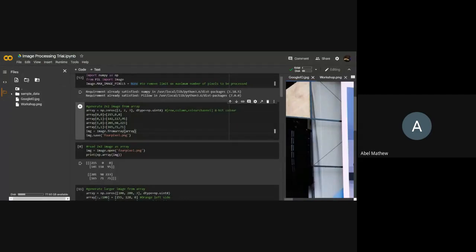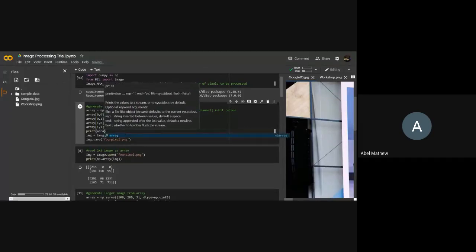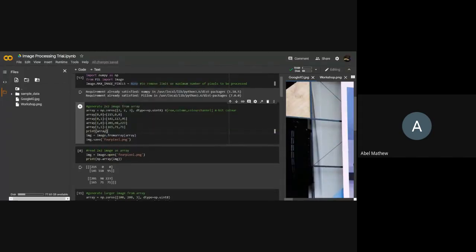First things, let us try to generate a very small image, a 2 cross 2 image. So it's going to be just 4 pixels from an array. Let me print the array, run the code.